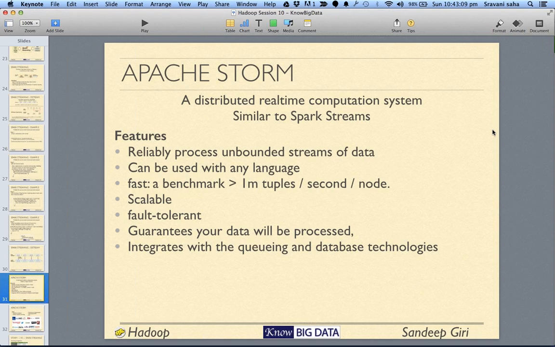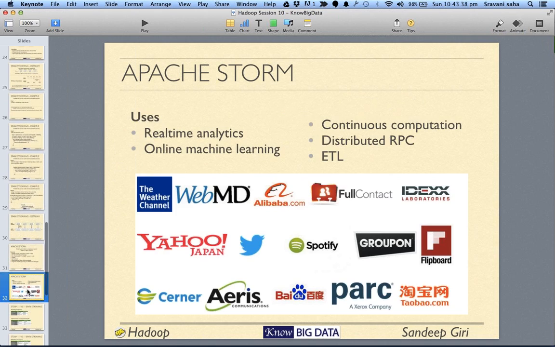Storm was designed bottom up for really fast computation. Even before Twitter was born, during the time of BackType, this was designed. It was benchmarked for 1 million tuples per second per node, and it is highly scalable and fault tolerant and guarantees your data to be processed. It integrates with queuing and database technology the way our dstream worked. There are many people who are using it.